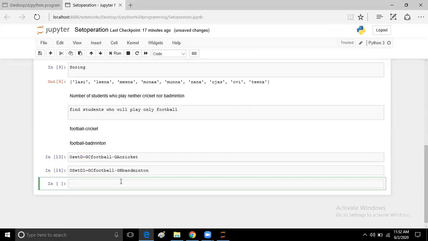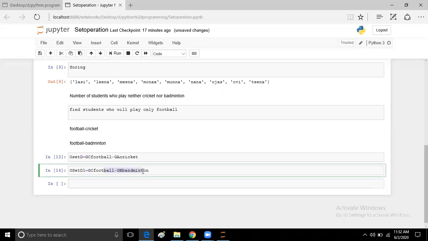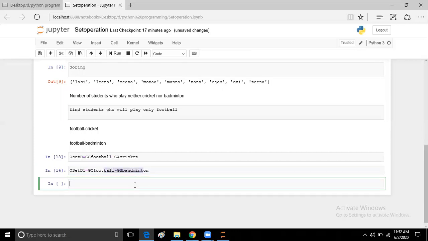Now I have two lists: football minus cricket, which gives players who play only football, not cricket, and football minus badminton, which gives players who play only football, not badminton. In this way we remove the players who play cricket and the players who play badminton. Now the original football players we have to achieve using the output of both of the above.